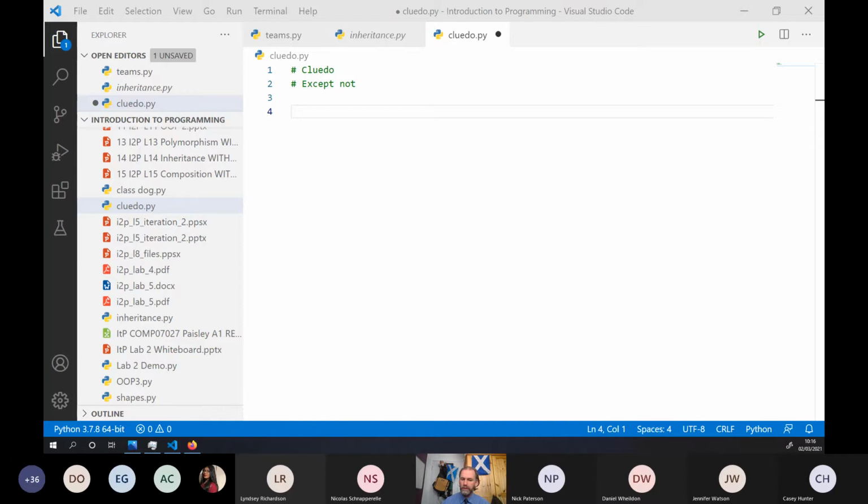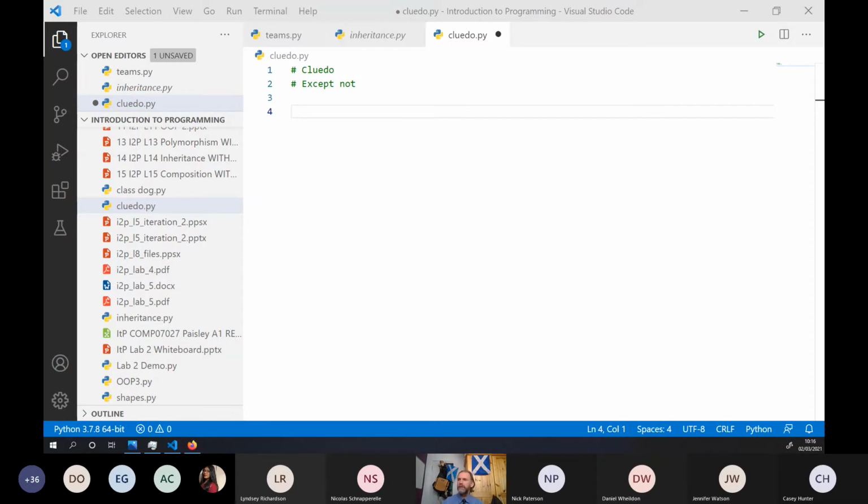Any of you that are doing any sort of databases will see the same sort of ideas in there as well. So that's what we're going to do today. We're going to look at a has a something relationship. And as I say, the fancy name for that is composition. So we compose classes using parts of other classes or complete other classes.